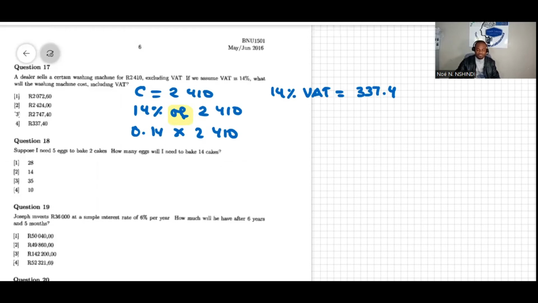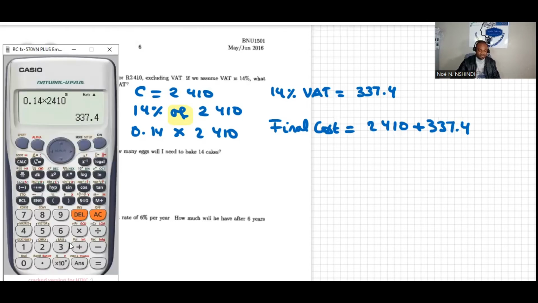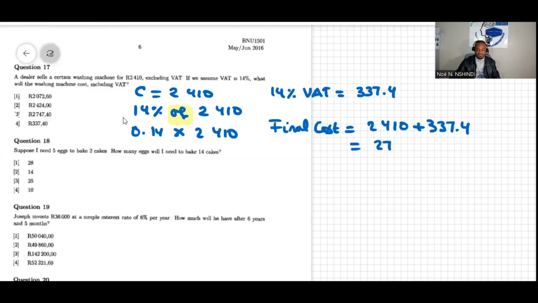So the final cost will be 2410 plus 337.4, then hit equal, and then we press S to D. This is 2747.4, which is alternative